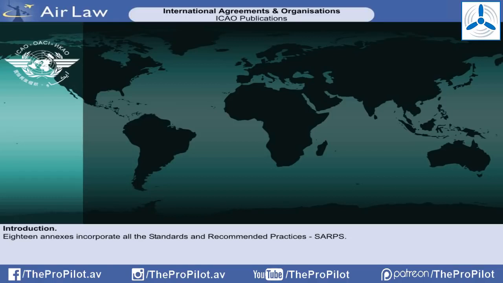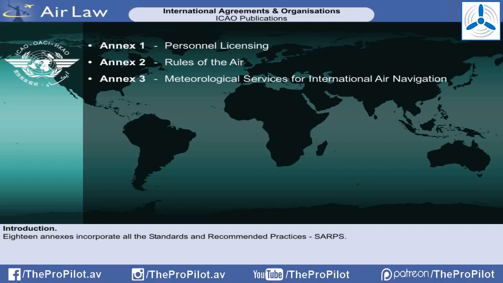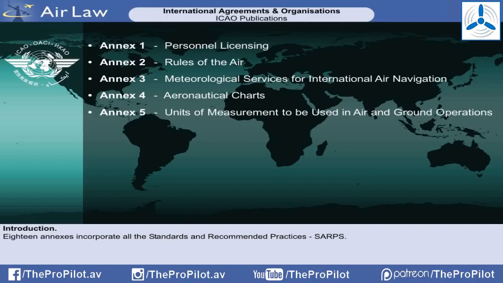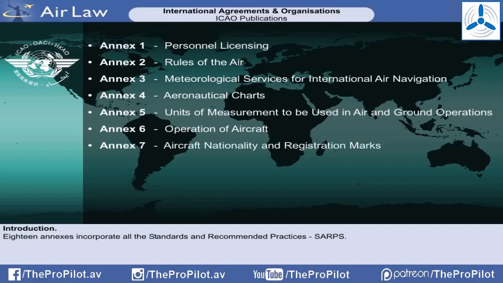The 18 annexes are Annex 1, Personnel Licensing, Annex 2, Rules of the Air, Annex 3, Meteorological Services for International Air Navigation, Annex 4, Aeronautical Charts, Annex 5, Units of Measurement to be used in air and ground operations, Annex 6, Operation of Aircraft, Annex 7, Aircraft Nationality and Registration Marks, Annex 8, Airworthiness of Aircraft, Annex 9, Facilitation,